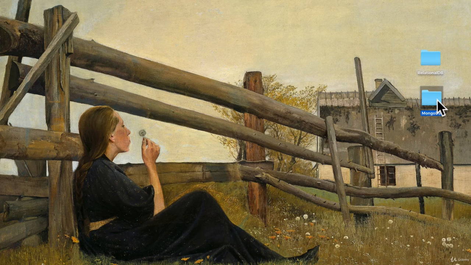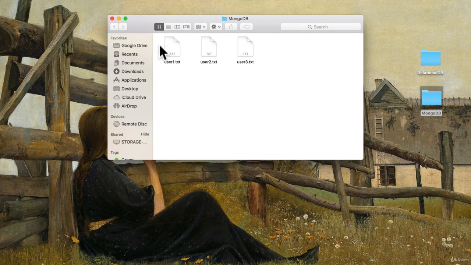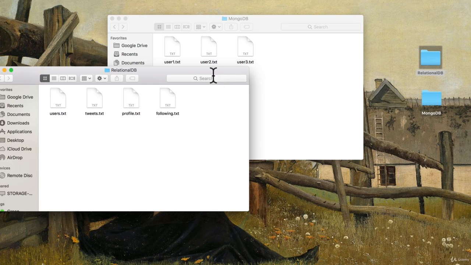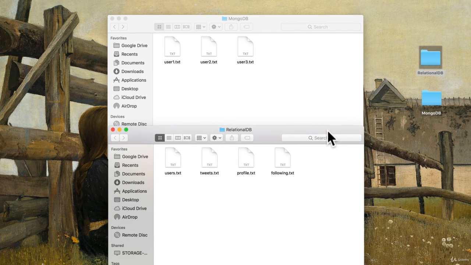MongoDB, on the other hand, will actually have each user as a document. So if I wanted to grab the first user, well, I just grab this document and it has all the followers, the tweets, the profile, everything in this one document. And you might be thinking, MongoDB looks like a better choice than having this way of doing things, right? Well, it depends on your need. And that's why databases is such a complex topic. It really, really depends on your situation.